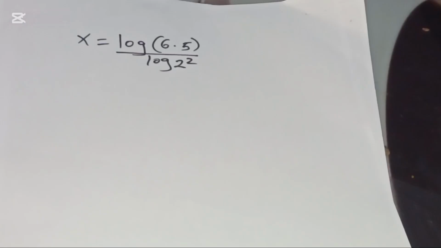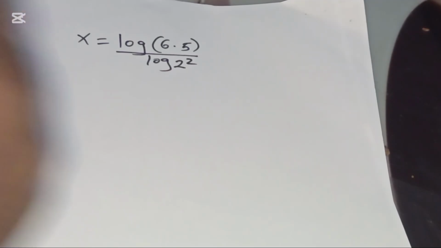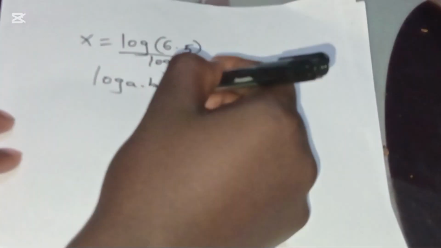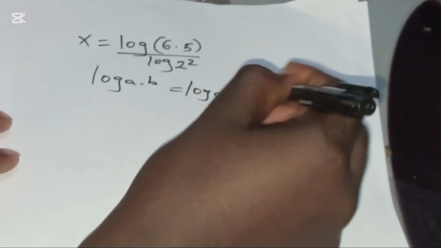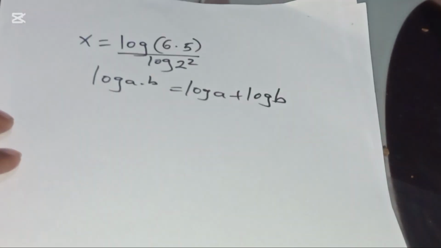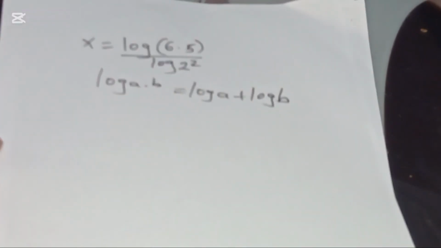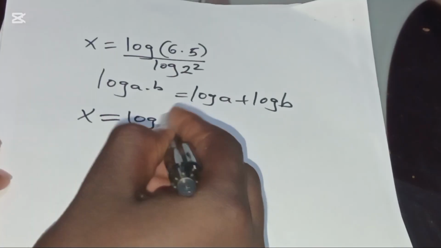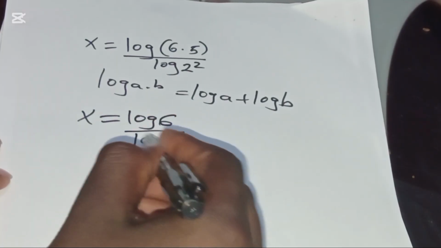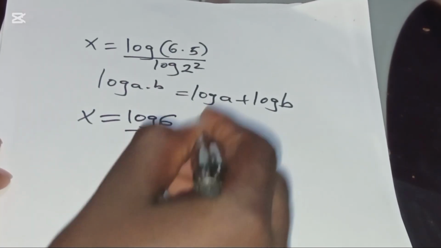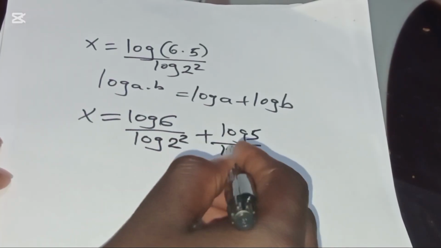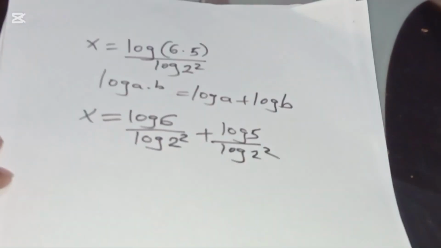Let's proceed. Now we have x equal to log of 6 multiplied by 5, which is in the form of log a multiplied by b, which you can express as log a plus log b. Applying this logarithm property, x is equal to log 6 divided by log 2 to power 2 plus log 5